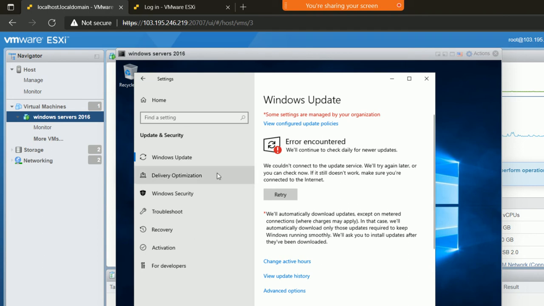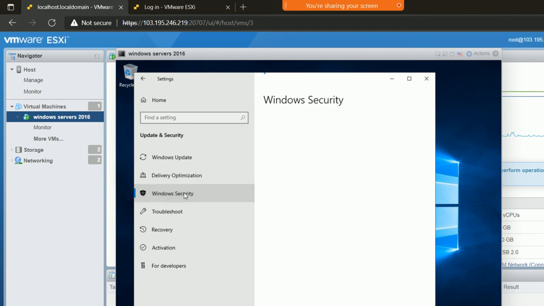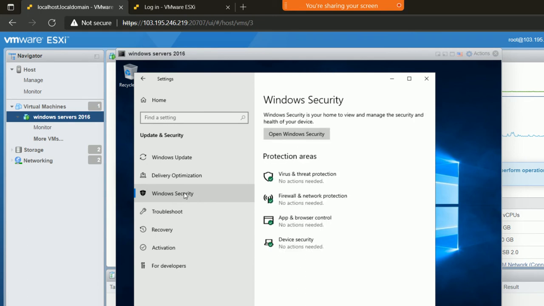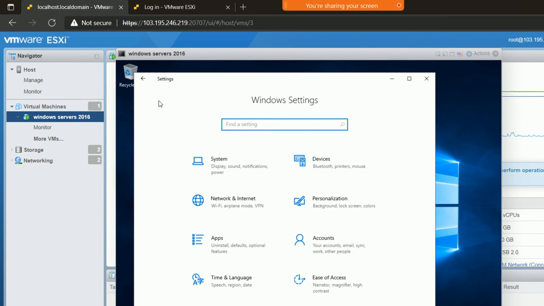We have multiple things, like Windows security. Inside the Windows security, the whole process is the same as your Windows 10 operating system. Whatever you want to do on Windows 10, you can also do in Windows Server 2016 as well. Now, the next thing is